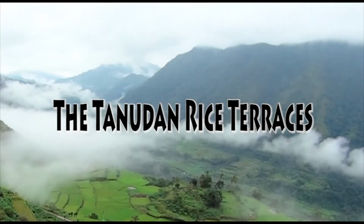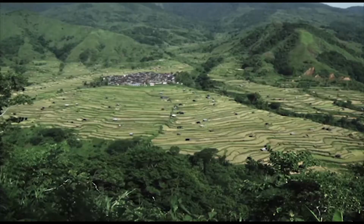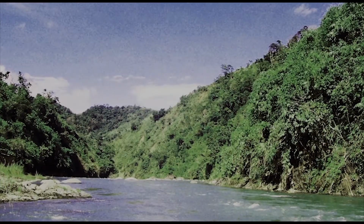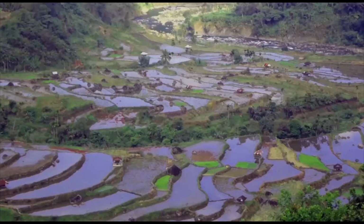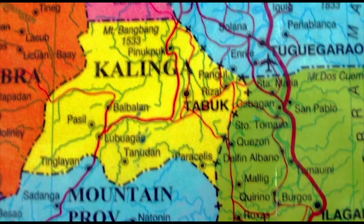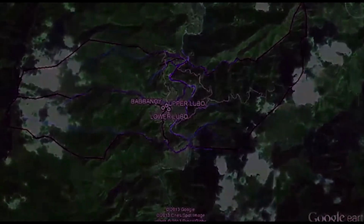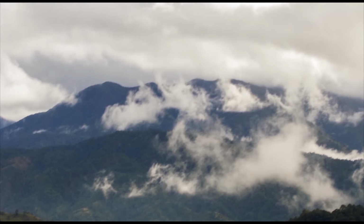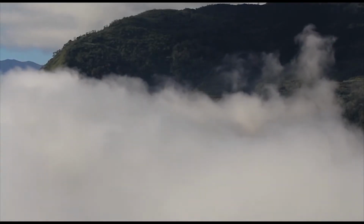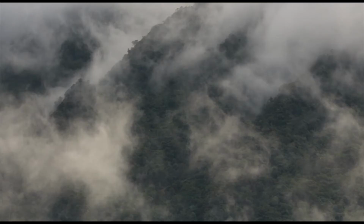The Tanudan Rice Terraces, a heritage and a legacy. It is located within the mountain highlands of the ancestral domains of Lubu, Dakalan, Gaang, Mangali, and Taluktuk of the municipality of Tanudan, Kalinga province in the Cordillera administrative region. The rice terraces have an estimated area of 6,505.80 hectares of the total land area of